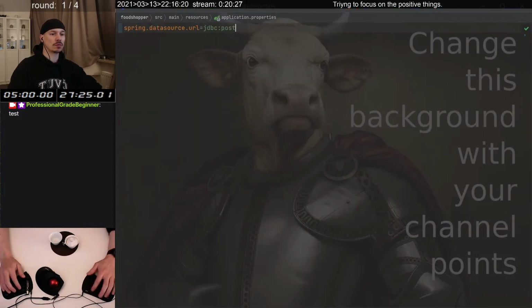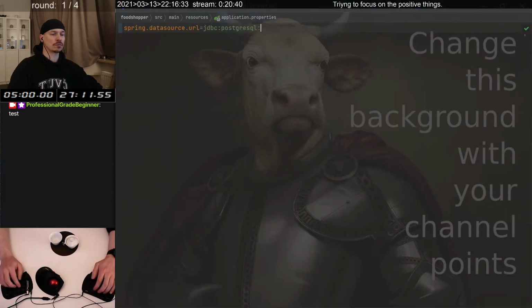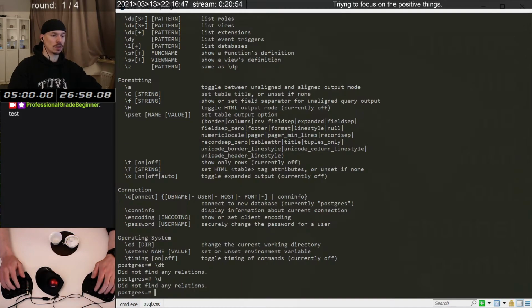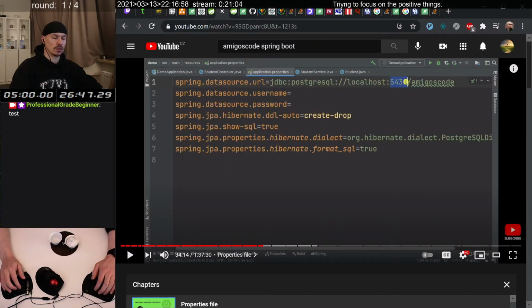PostgreSQL. Host and at 5432. And we will do, okay, so maybe here, not any creation. Okay, so I will do